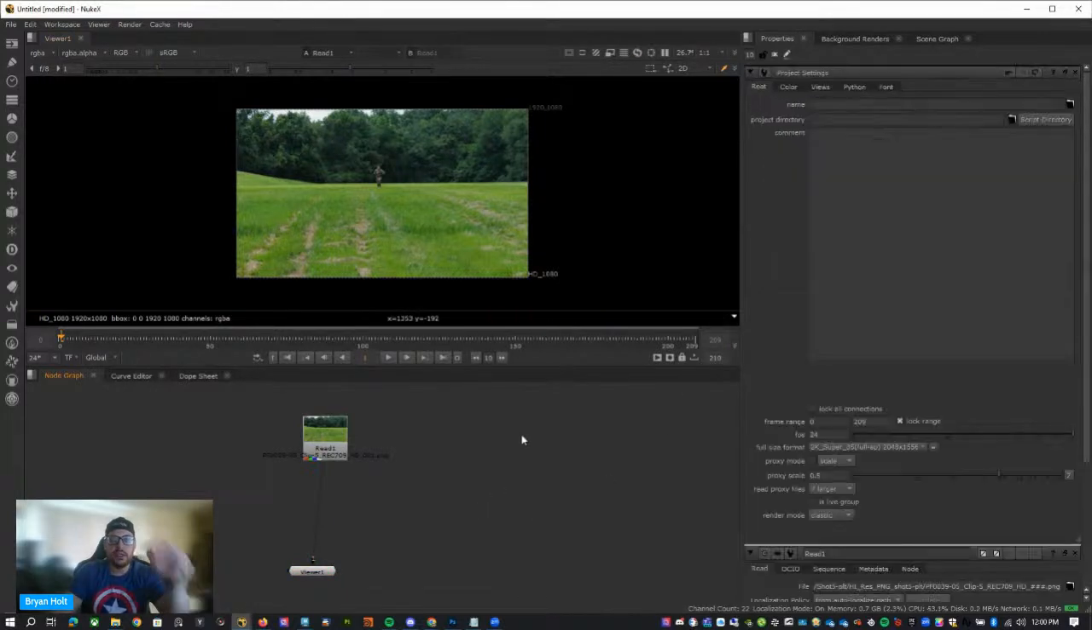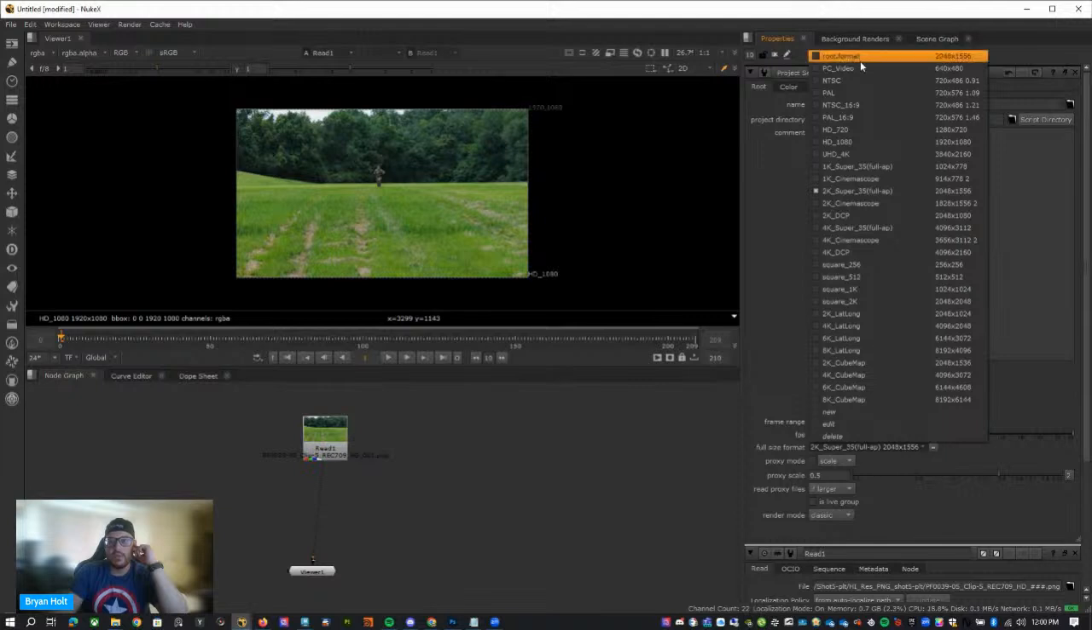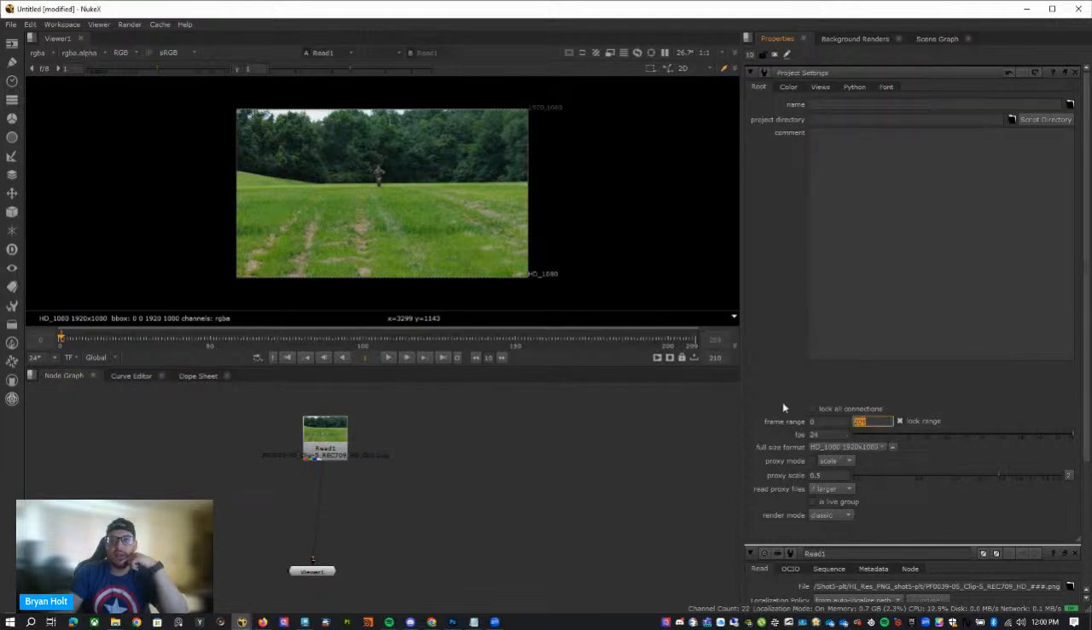Before I get too far, let's go ahead and set my project settings. We'll do an HD 1080, and let's set this to 108 frames, or 109 frames, 0 to 108. Nuke likes to work from 0 to 108. So just be aware that when we move to Maya, Maya likes to work from 1. But anyways, if you play this through,